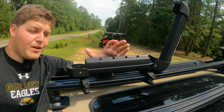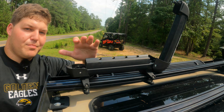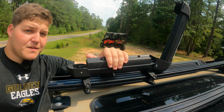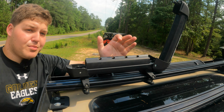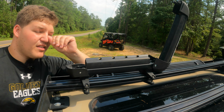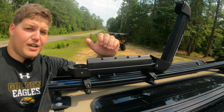Now, you can still put heavy rods up here, no question about that. They just won't go into these little divots, but they will be secure. That I have no concern about. In the year that I've had these, I haven't had to tighten them once. I've been through a car wash, I don't know how many times. I've had rods up here on 2+ hour trips. Never have been concerned about them slipping, anything like that. They were just the way they were when I initially put them in for when I finally got to my